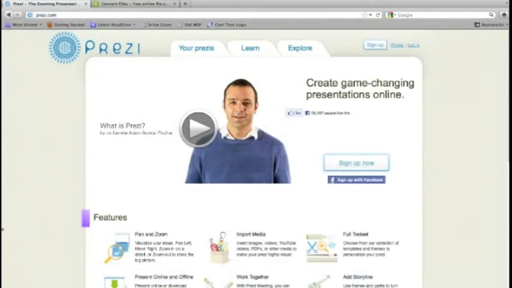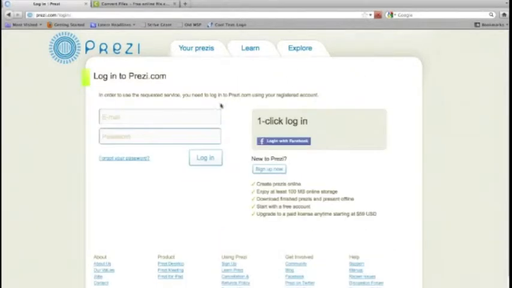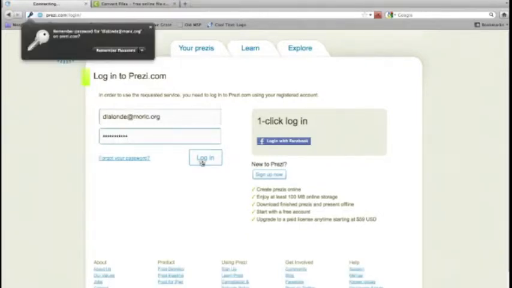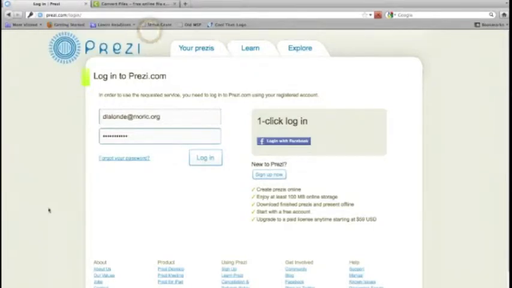So once you have an account for Prezi all set up, the next thing that we're going to do is actually log into the system. To log into Prezi, over here on the right hand side, I'll go ahead and click log in. You can see I'm just going to pop in my email address and my password. Once I select log in, it's going to take me over to Prezi's dashboard, and that is separated into 3